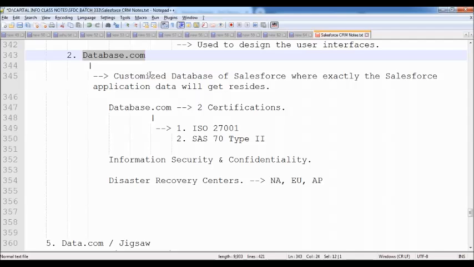It is a safe place where your data cannot be touched by other people or misused without your permission. Salesforce provides that much security, so many people use Database.com to store their business or organization related data.